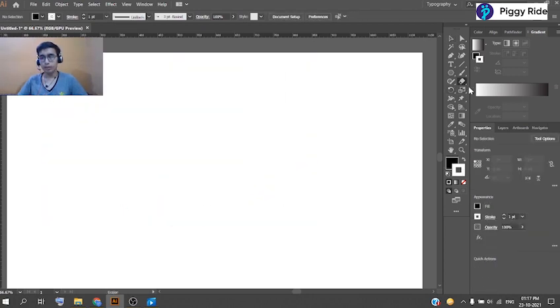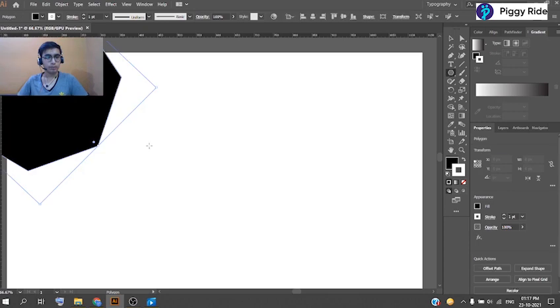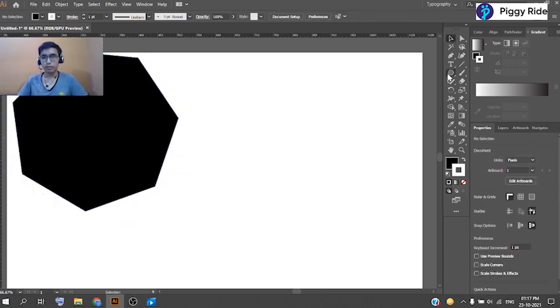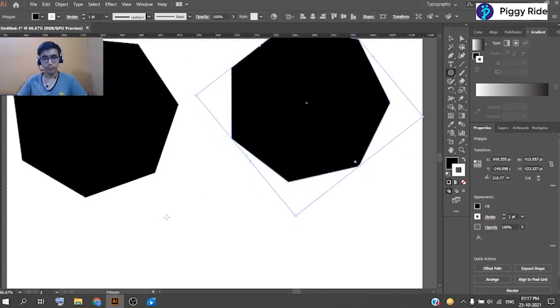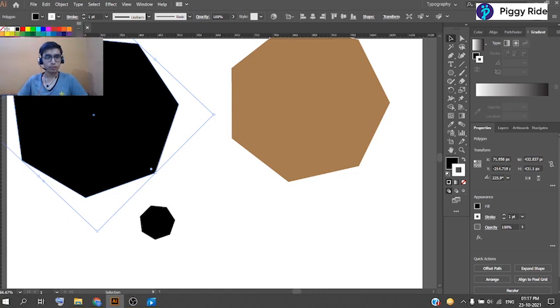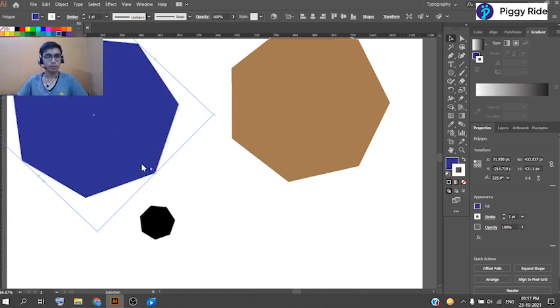After the eraser tool we have the eyedropper tool. Here is how the eyedropper tool works. For example, we have three polygons over here, and I will change their colors: light brown or dark brown, royal blue, and this one to a pattern color.